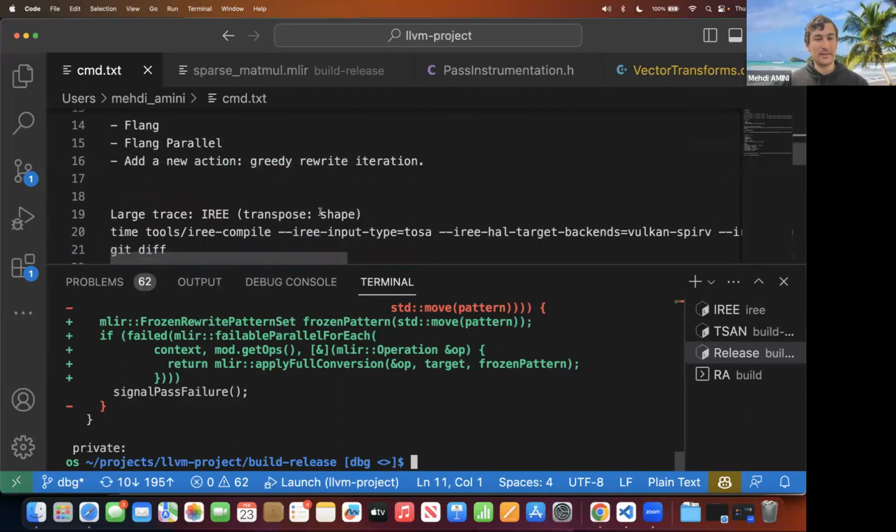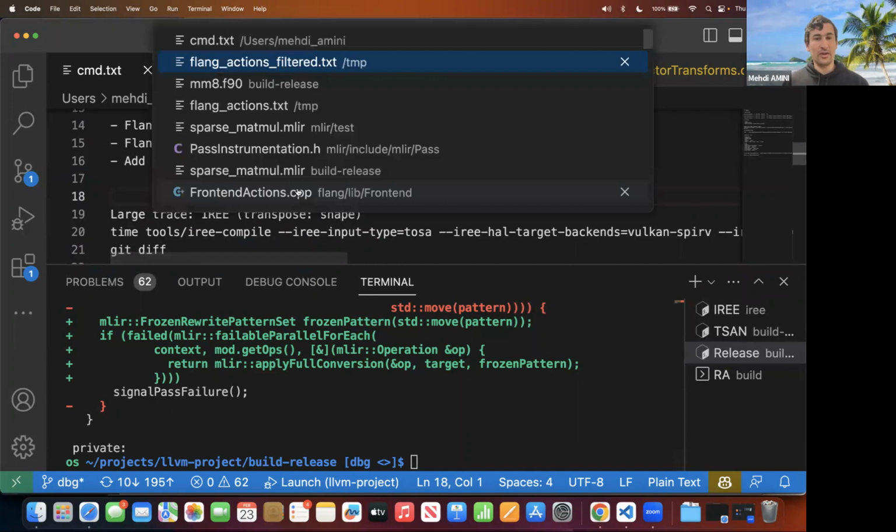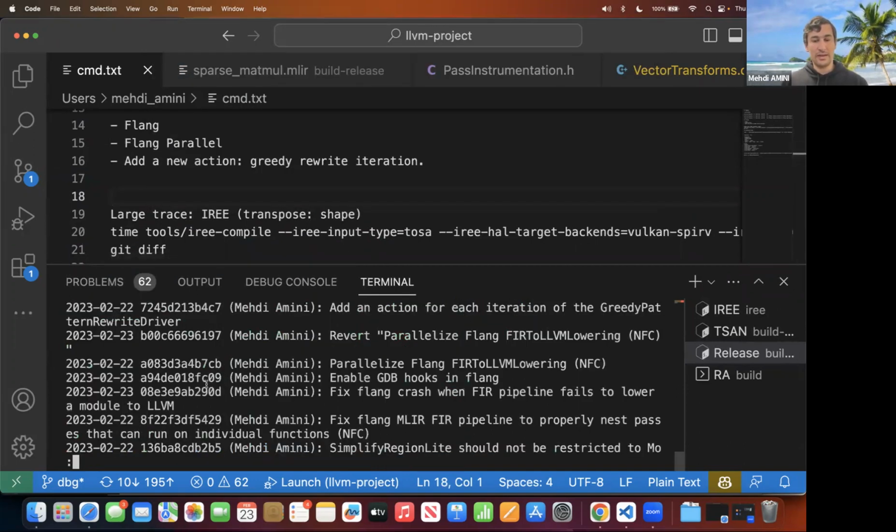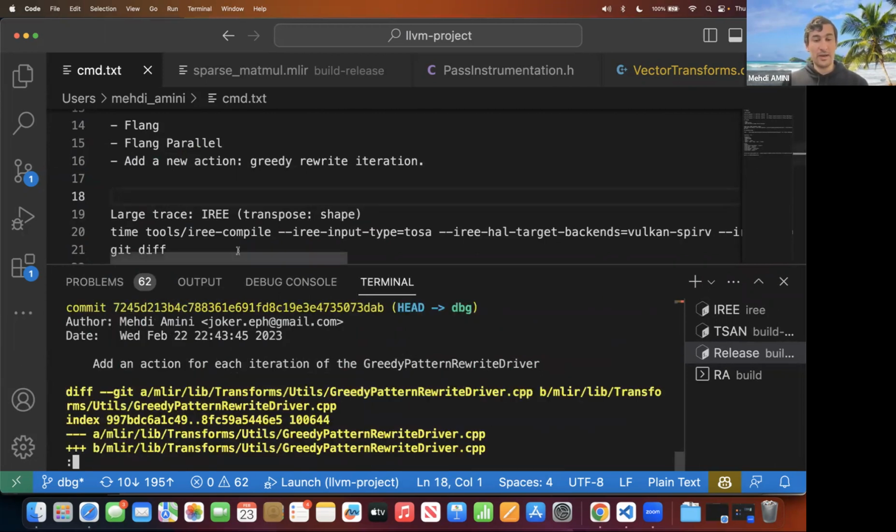Let me take next. So that was tracing, adding a new action. You may want to know how this action was added. And actually, it's not that much work to add an action, because that could be a question: how difficult is it to add a new action and a new dispatch of an action inside MLIR? So here's the patch